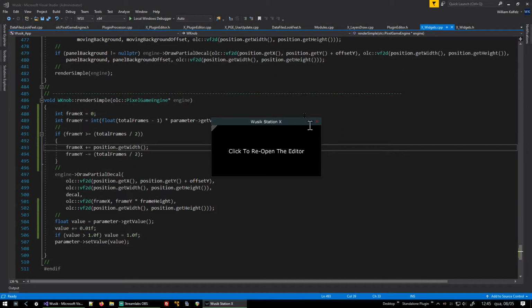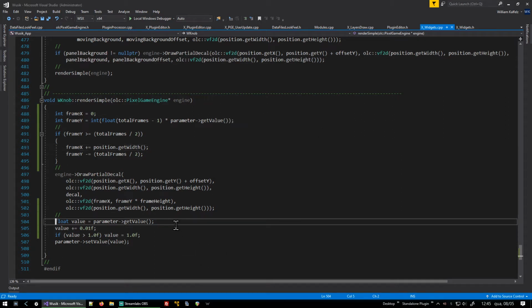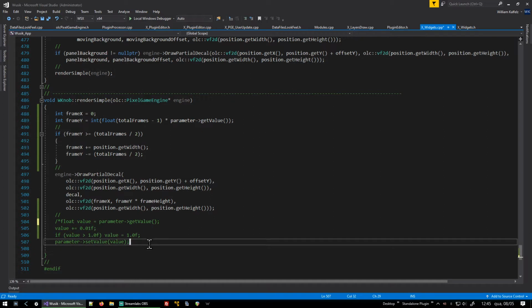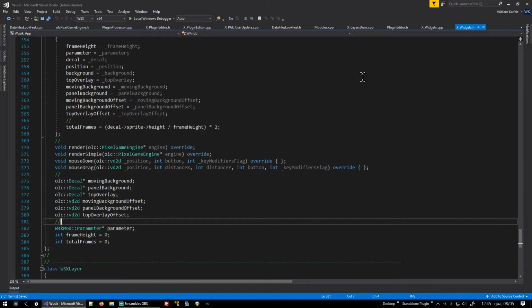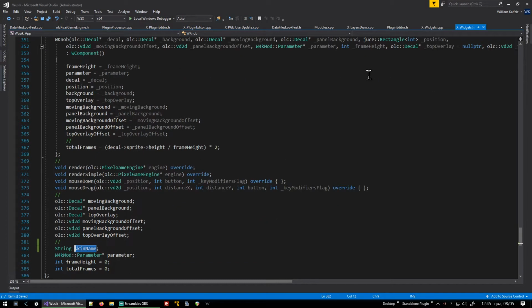So now the next step I want to do, this is not going to be in the final code. It's going to be done in another way that I'm going to do pretty soon. I just want to do another thing first. String skin name. So I want to be able to give the skin name of knob,